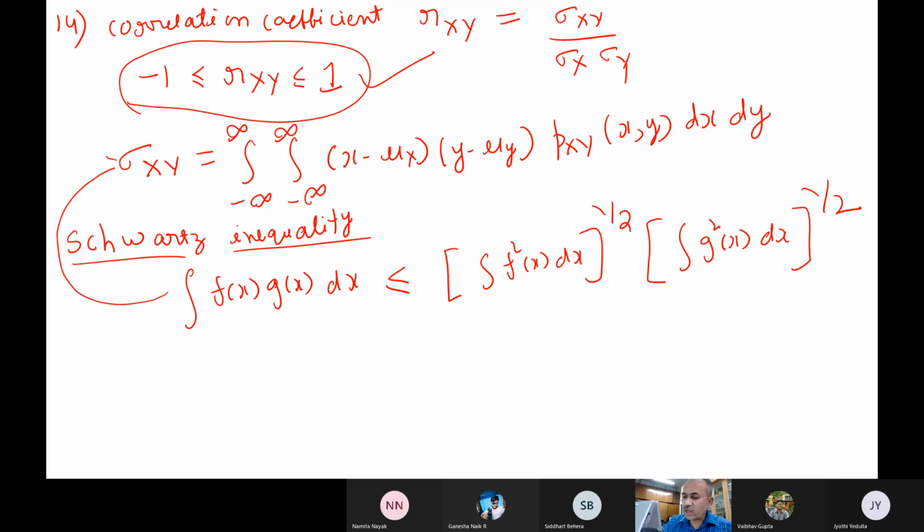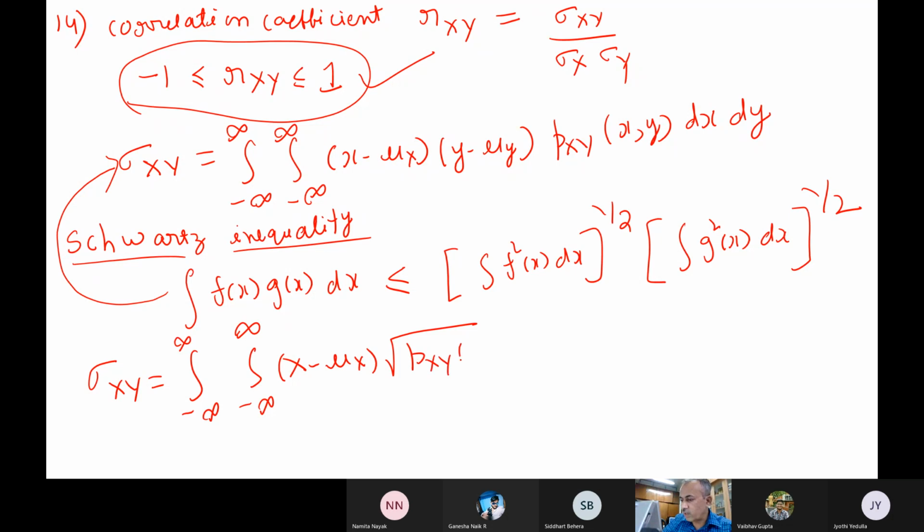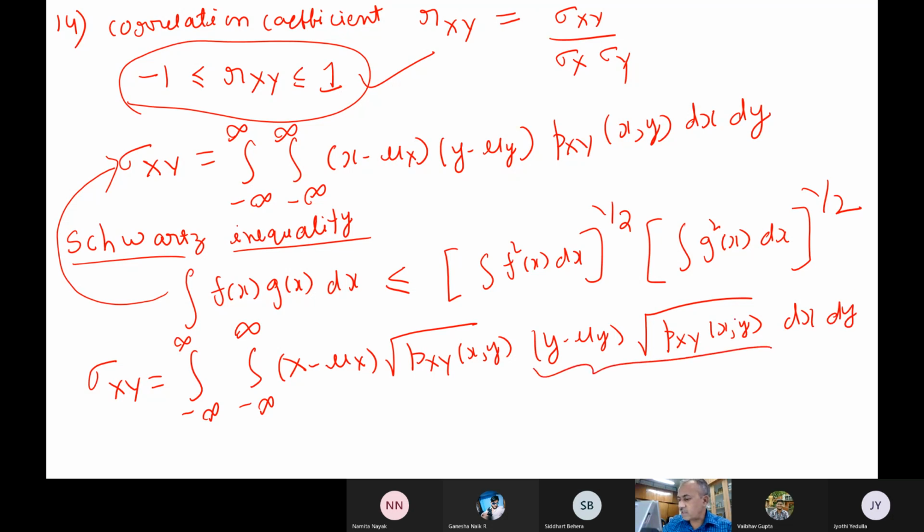Using the same expression for sigma_XY, I can write this as the same integral from minus infinity to plus infinity, minus infinity to plus infinity, of (x minus mu_x) square root of p_XY(x, y), and then (y minus mu_y) square root of p_XY(x, y), dx dy. You followed. So we write it like this. Now this is something like f(x) and this is something like g(x). So using the same Schwarz inequality,